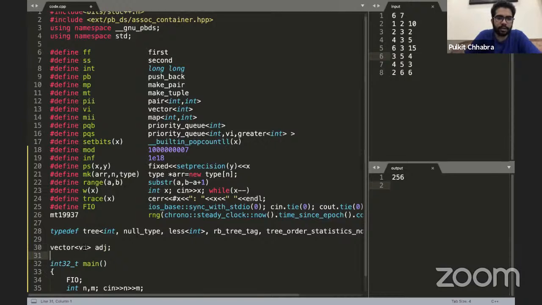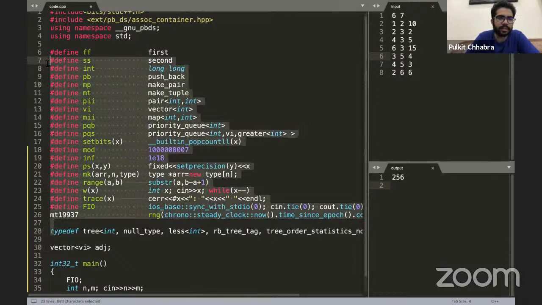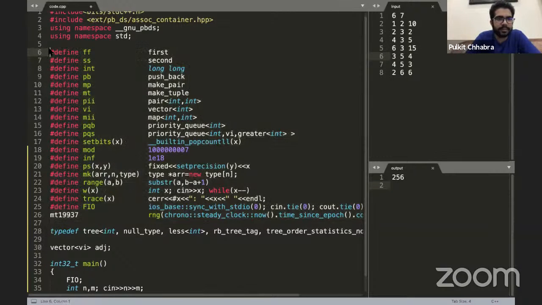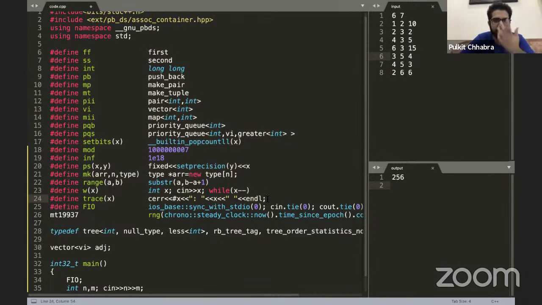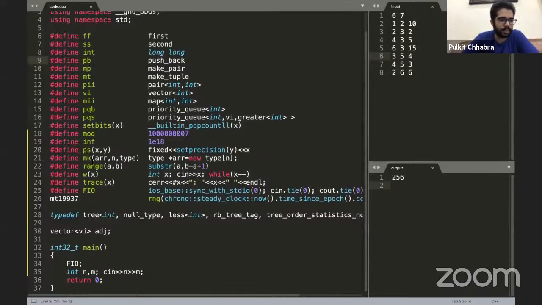And don't be scared by this whole thing. It is just a template. I've predefined some things to their short form so that I don't have to write it every time. For example, when we use vector, we generally write push_back. So I've just defined PB as push_back. Don't be scared. I just keep telling you whenever I'm using something.